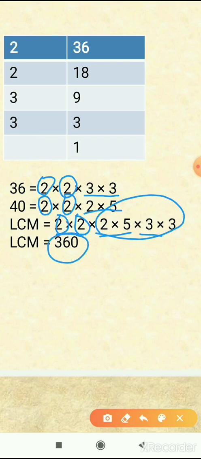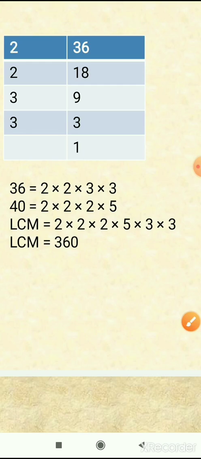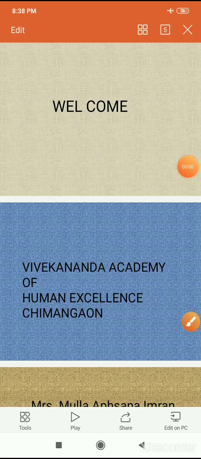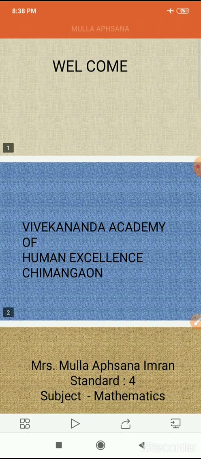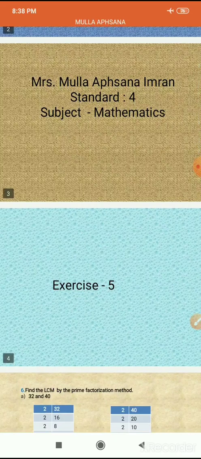So LCM of 36 and 40 is 360. Okay. In this way,